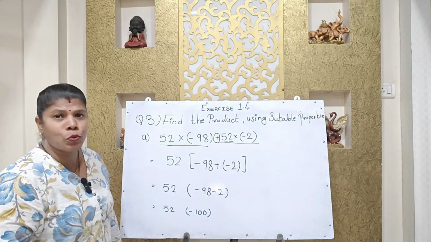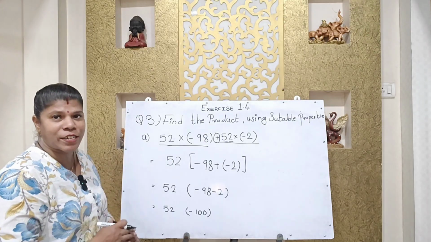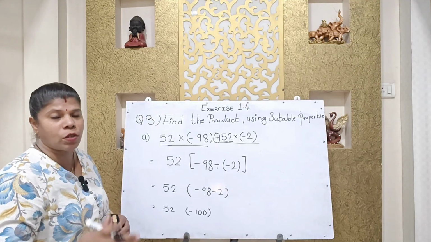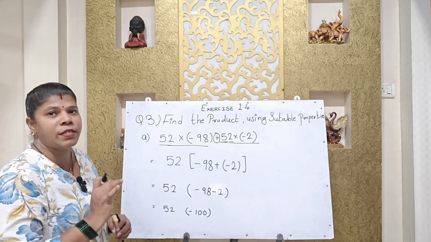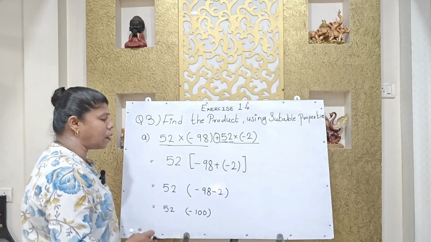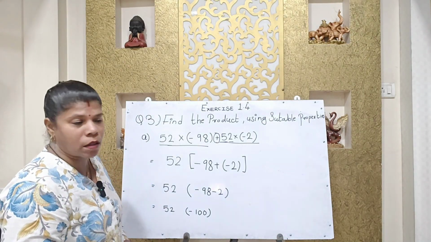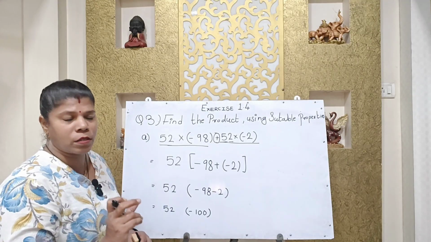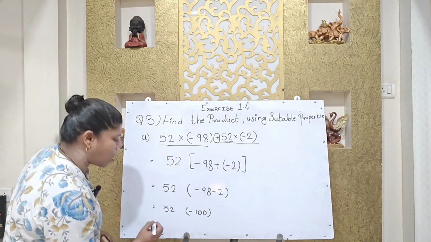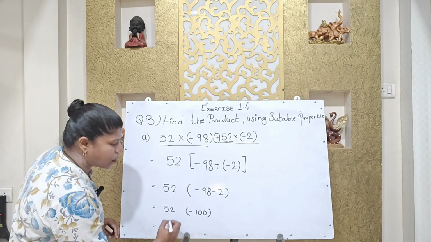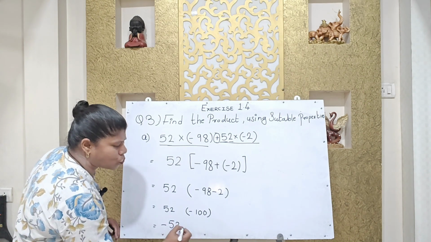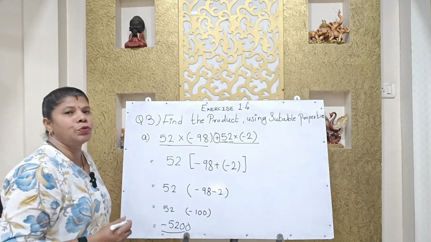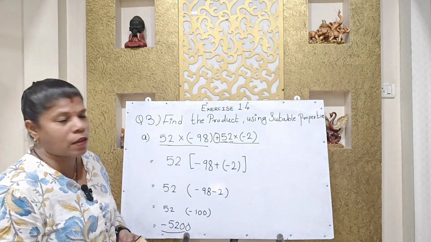As I have told you in the previous lecture also, if we are multiplying any number by 10, 100, 1000, we just have to count the zeros and add them after the number. अगर हम किसी भी नंबर को 10, 100 या 1000 से मल्टीप्लाई करते हैं तो हमें एक्चुअली मल्टीप्लाई परफॉर्म करने की जरूरत नहीं है, हमें सिर्फ उसी नंबर के आगे वही जीरो ऐड कर देने हैं. How? See, first I write this minus sign, this 52, and count the 0s, 2. I write here 00. My answer will be -5200.